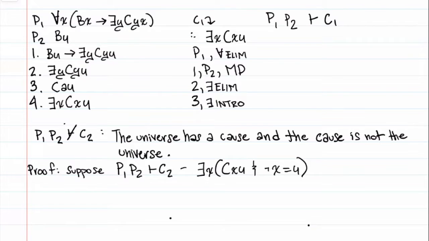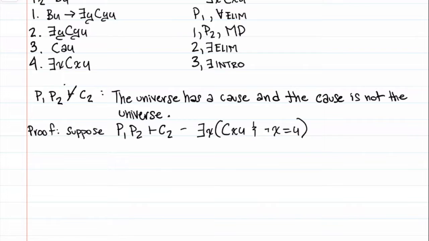So let's suppose that in fact C2 follows from P1 and P2. Well, the soundness theorem has it that if C2 follows from P2 and P1, then C2 is a logical consequence of P1 and P2. So the single turnstile represents that it follows from the premises, and the double turnstile represents that C2 is a logical consequence of P1 and P2. And how we got from this to this is a consequence of the soundness theorem of classical predicate logic with identity. So what does it mean to say that C2 is a logical consequence of P1 and P2? Well, this just means that